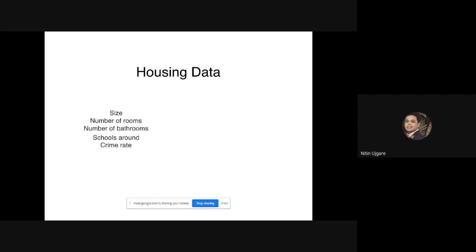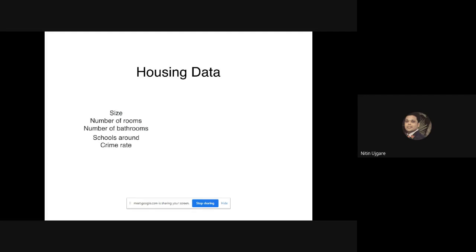What is that information? All these 3 features explain the size of the house, okay? If the size of the house is larger, the number of rooms will also be larger, the number of bathrooms will also be larger, and so on. So naturally, the weight of these 3 features is actually the same. They are explaining the same information, right? So can we transform these 3 features into one?